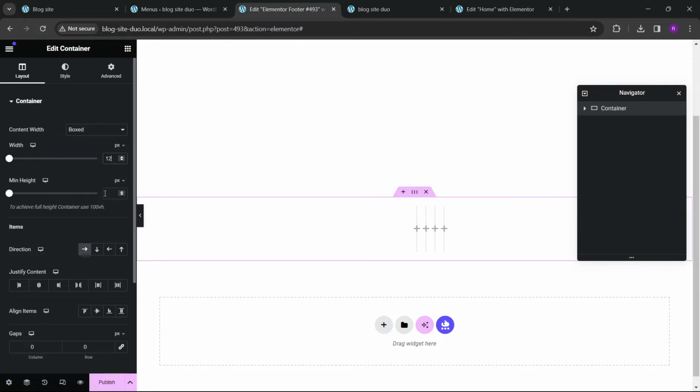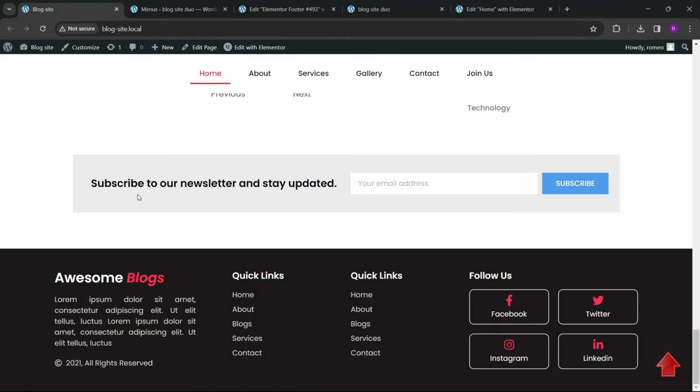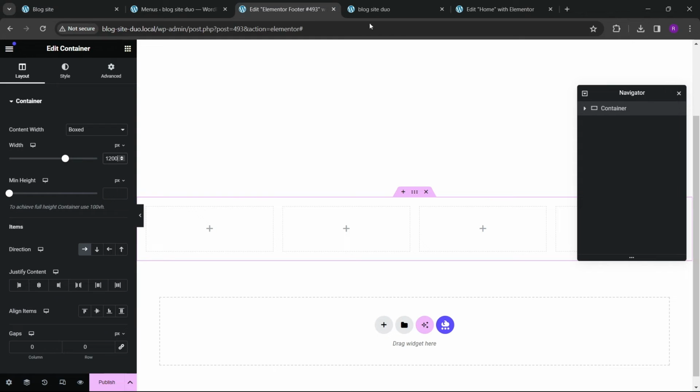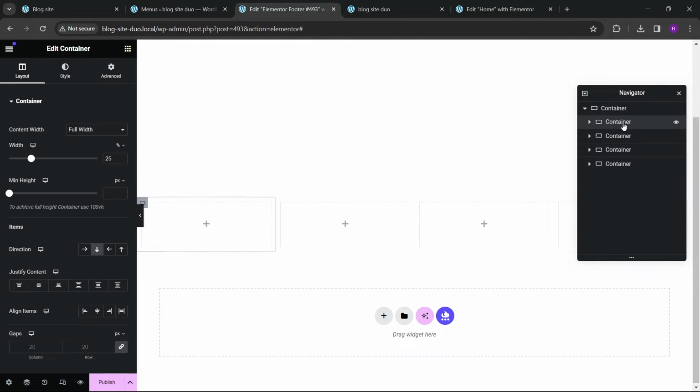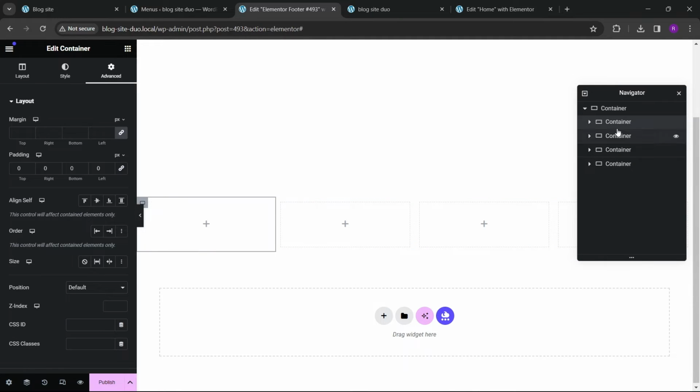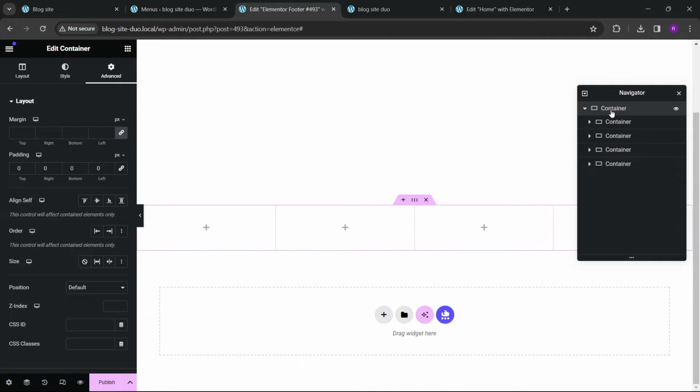here we're gonna choose 1200. Okay, so this is a little bit bigger, so let's choose 1300. And after that we can go to advanced and remove all the paddings, and after that we have to remove all the paddings from all of the containers inside the container, because we will add padding according to us. That's why then go to this, or you can rename this, add this footer and choose the footer, and here add